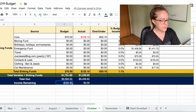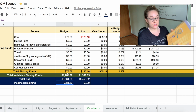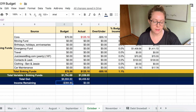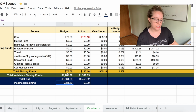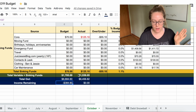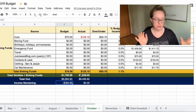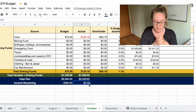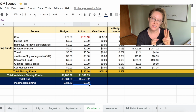As much as this new planner is fun and I'll still be using it, this will be my everyday actual budget, because I can move things around a lot easier than in a planner. But with that, I'm still going to use both of them. So we literally had $0 income remaining. In fact, we were $3 in the red, but because we had already been paid, I just moved that over,